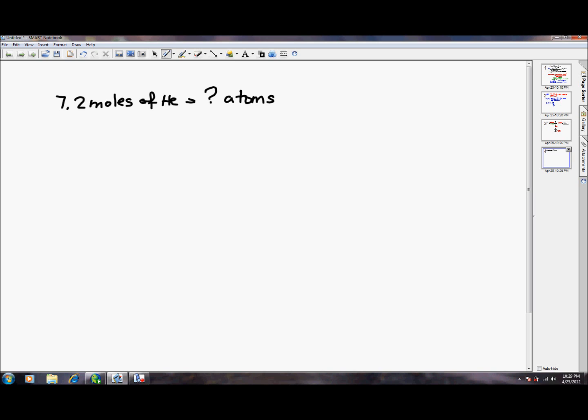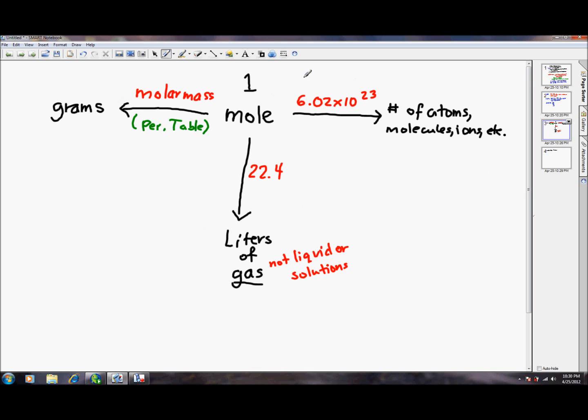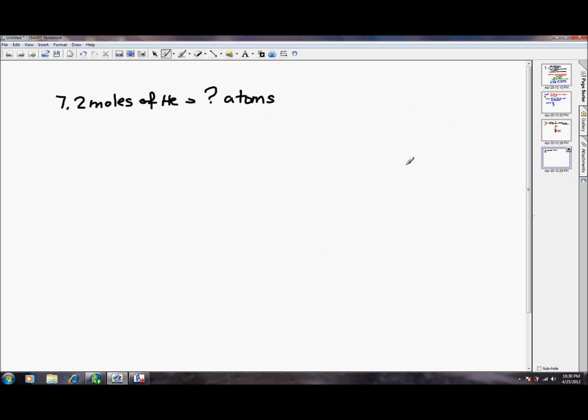Okay, so this is an example of the problems that you'll encounter. So you have 7.2 moles of helium, and you would like to know how many atoms of helium does that represent. Well, if you go back up to this right here, moles to atoms requires the use of 6.02 times 10 to the 23rd. Okay, so to set it up,